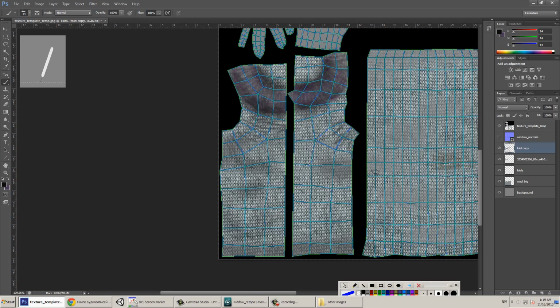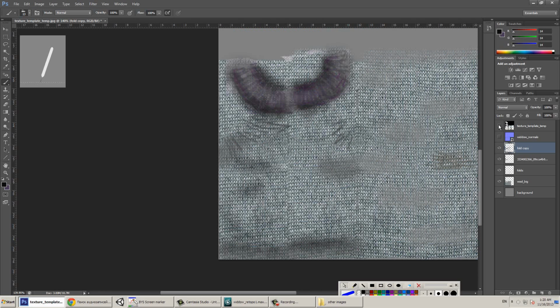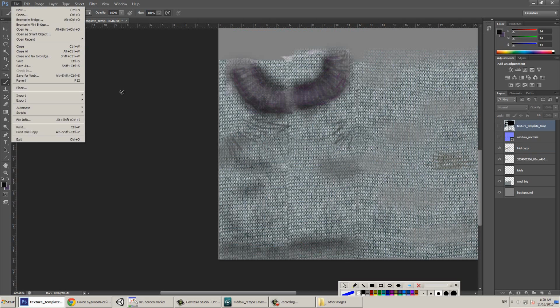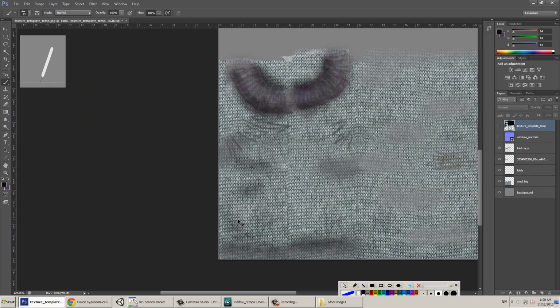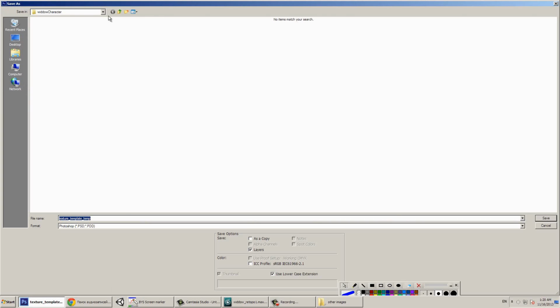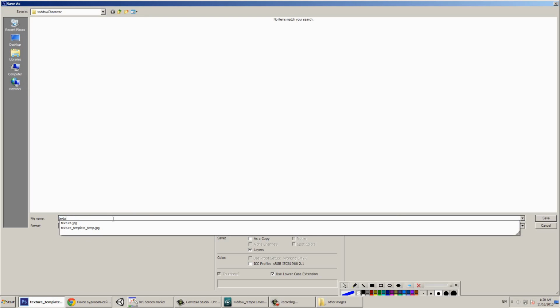Right now you can check the progress and see how the texture actually looks on the character, but of course you'll see those huge seams showing up, and I'll show you how you can fix this later if you didn't guess it already. Make sure you turn off the template layer and your normals because you don't need them, and simply go into File, Save As, or even simpler, press Ctrl-Shift-S, which is a nice shortcut, and in your folder